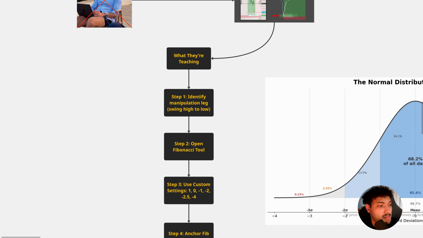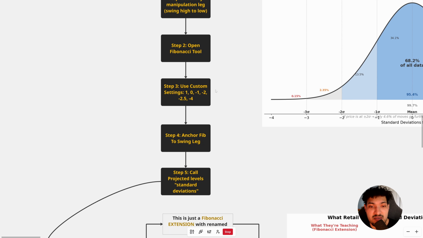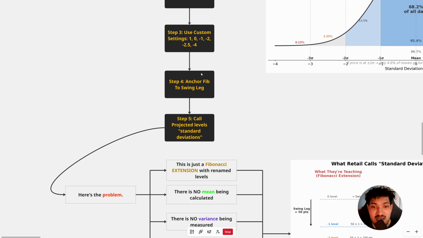But they're basically identifying a manipulation leg, usually what ICT would call a manipulation leg, smart money concepts. Then what they're doing is opening the Fibonacci tool. You guys know on TradingView there's the Fib tool. In the Fib tool, they're basically using custom settings of 1, 0, -1, -2, -2.5, and -4. Then for step 4, they anchor that Fib to the swing leg,